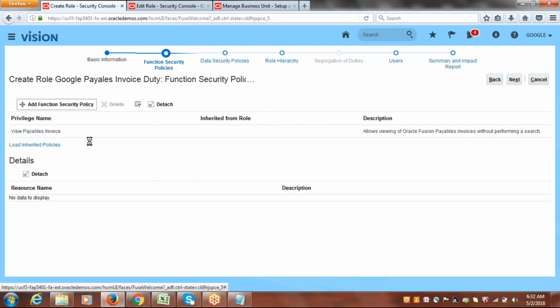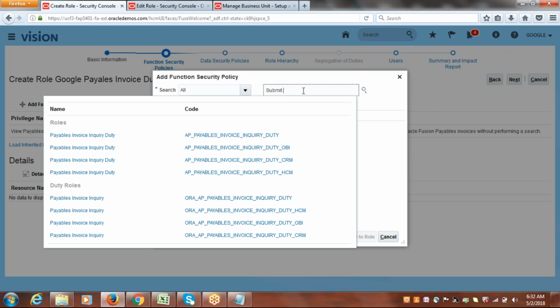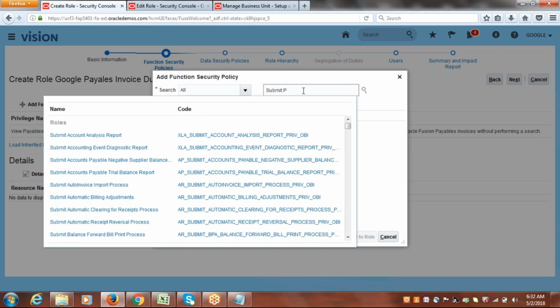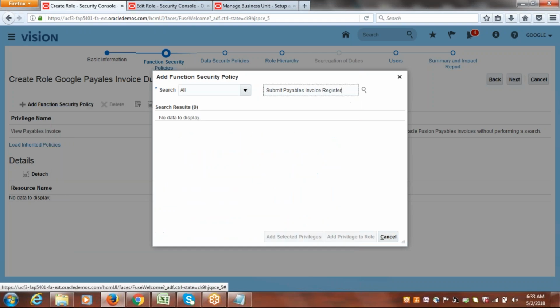So in the background you can see view payable invoice, which allows viewing the Oracle Fusion payable invoice without performing a search. Directly it will allow you to view. In the same way, let's say we want to give access to a few reports. Submit payables related reports. If we want to allow that user to submit payable invoice register,